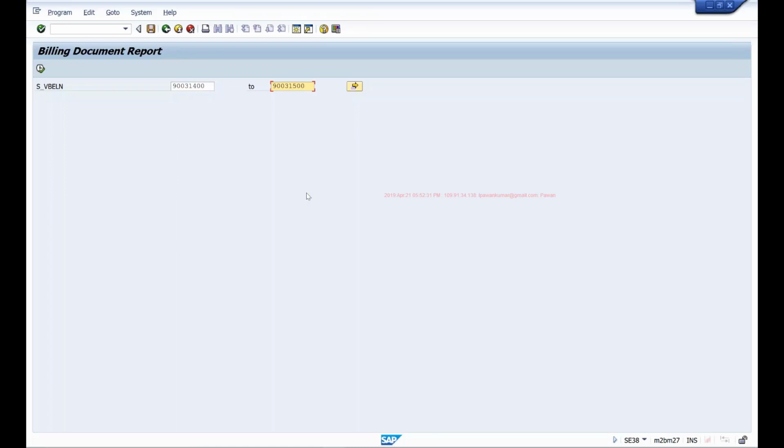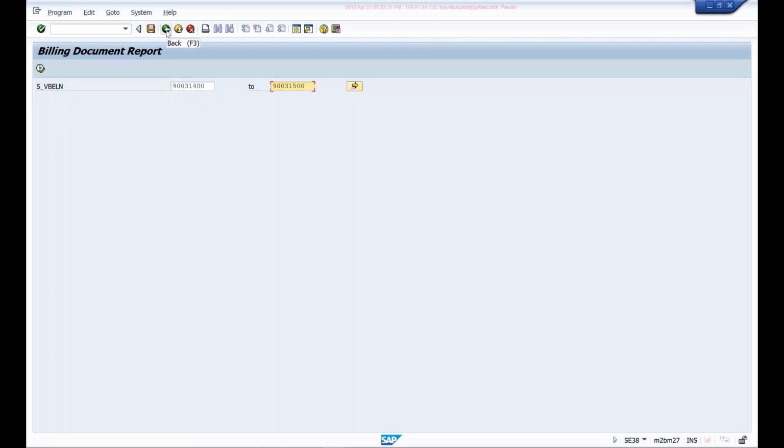It doesn't mean that it will return 100 documents. It will only return those documents that exist between this range. So if there are only 10 documents between this range, then it will return only 10 documents, right? If document 331,500 doesn't exist in the table, then obviously it will ignore that. Okay, it will not return anything. So there is no guarantee that if I'm giving a 100 documents range, then all those 100 documents exist in the table, and I'll get 100 documents in return when I execute the select query. It will only return whatever is available within this range.